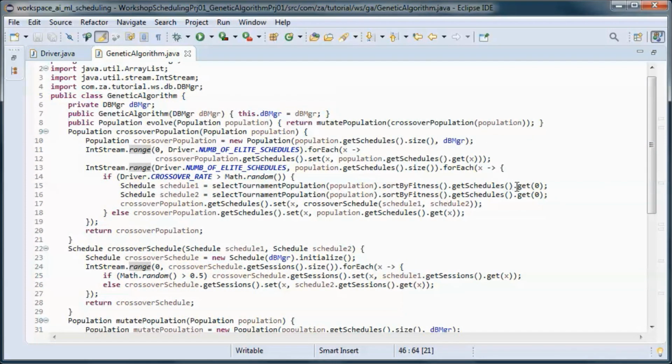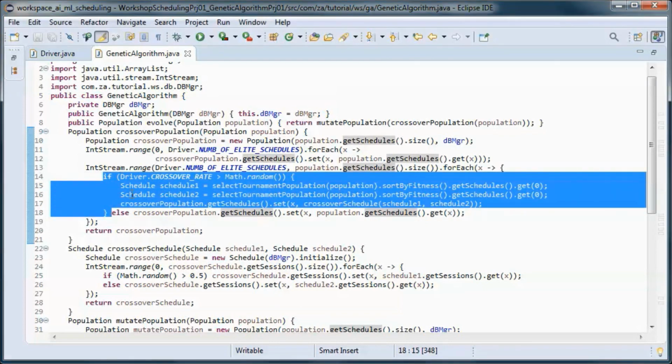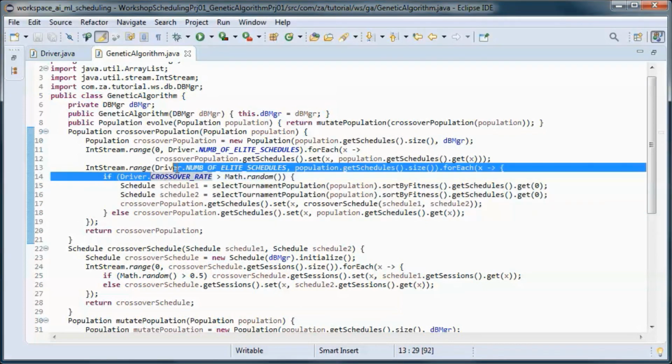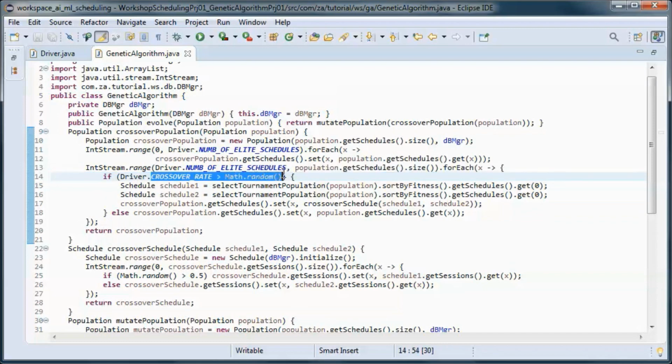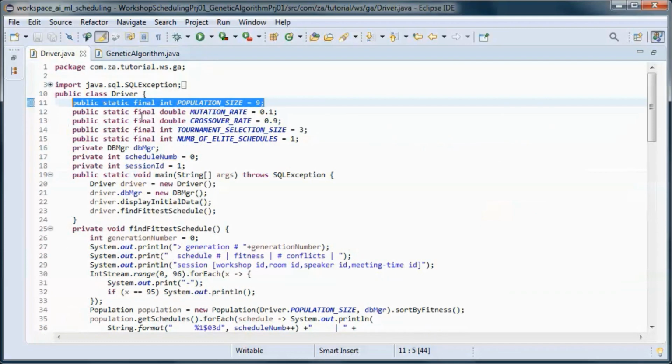And then we pick up the fittest of those 3 here and here, and we do crossover on those two schedules. And we only perform this operation if the crossover rate is bigger than math.random.